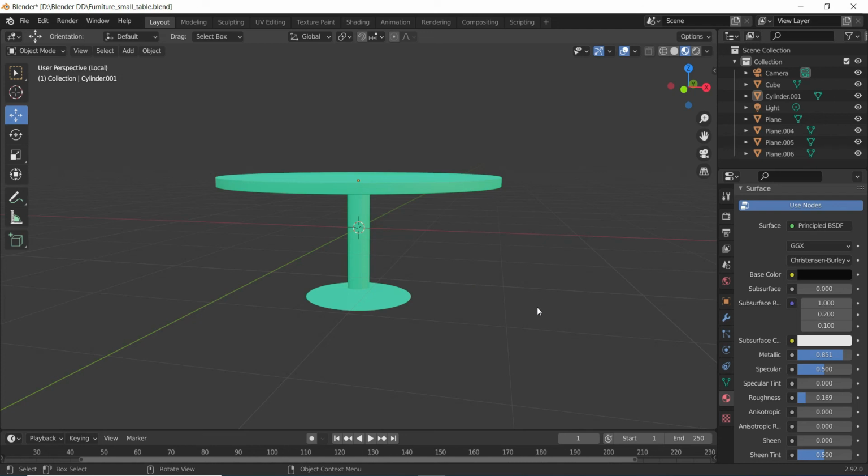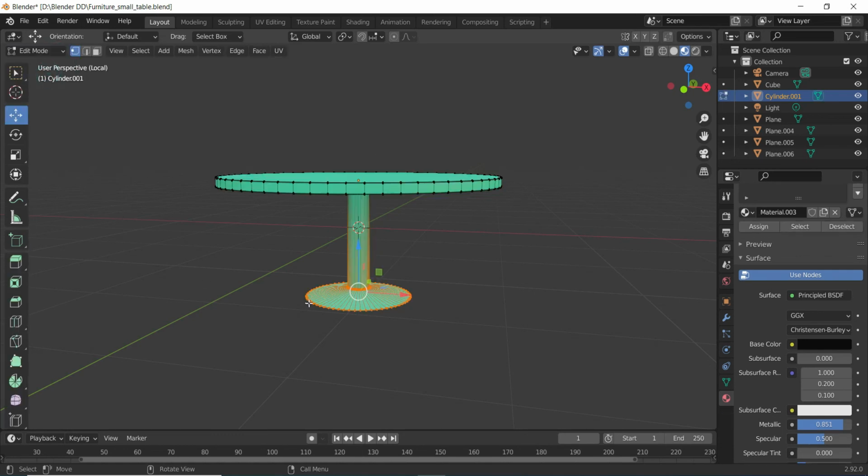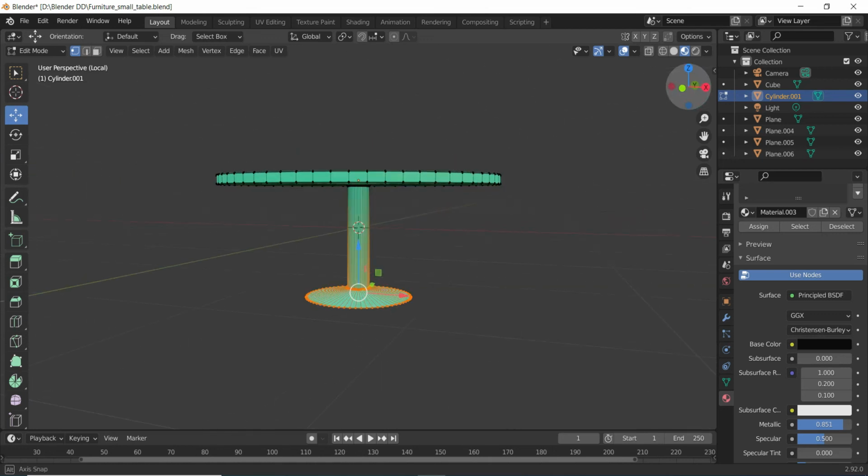Now to apply this on the portion of the table, I will first go to edit mode, so that in edit mode I can select some portion. Next, I need to select this entire leg portion, so I need to switch to wireframe mode first. I can do it from here, or press Z and switch to wireframe view.